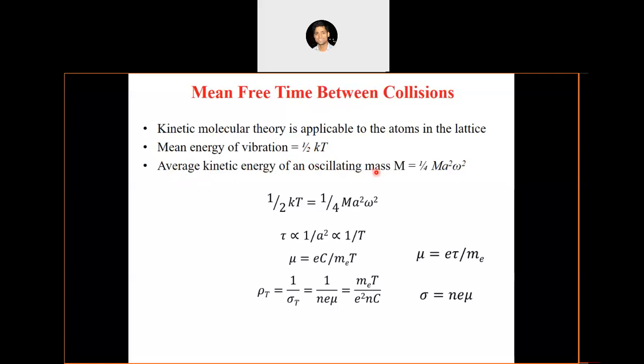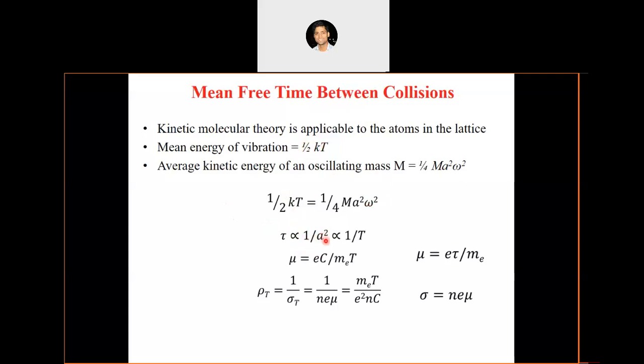If a mass is oscillating with an amplitude a and frequency omega, then the average kinetic energy of that mass is equal to 1/4 m a² omega². So this vibration energy should be equal to half kT, which we get from the kinetic molecular theory. Once we equate that, what we get is that tau, which was proportional to 1 upon